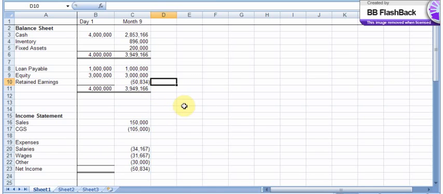Assets equal liabilities plus owner's equity. This is the end of part 1. Turn to part